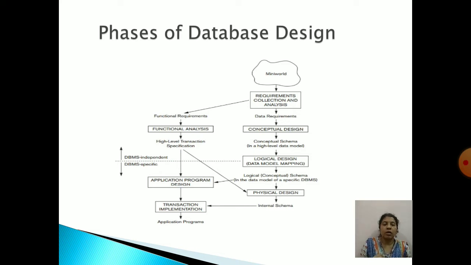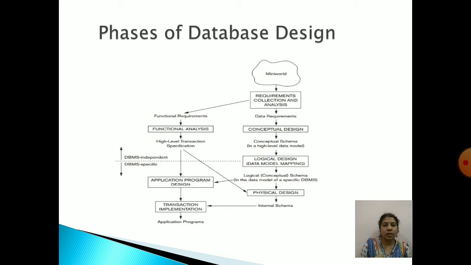Okay, so once you have collected the data requirement, now you have to go for conceptual design. Like you have to convince the non-technical person also, how the entire application will look like, what all the different objects or the entities are there, and how they are related to each other. So all those things you have to show, right? So that will be done using conceptual design.